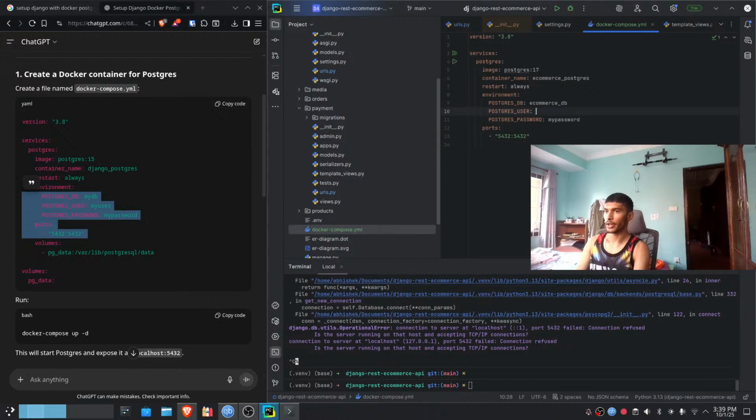Okay, and user will be Postgres, right? Let's take this Postgres, and my port is